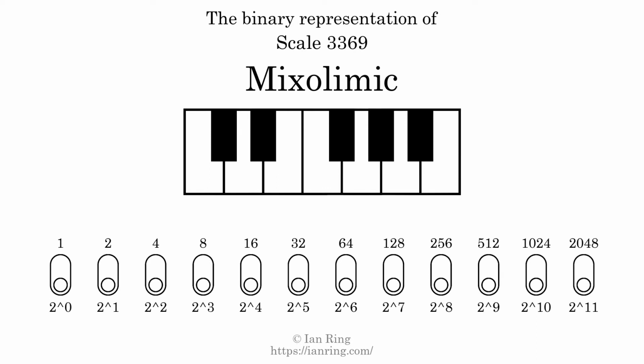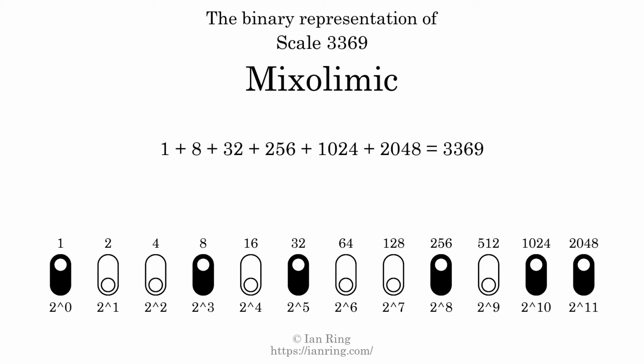The binary representation of this scale is determined by mapping tones of the scale to binary digits. Each binary digit represents a power of 2. To get the scale number, we add the powers of 2 together. The powers of 2 that are present in the scale, all added together, equals 3369. That is why the scale number, in decimal, is